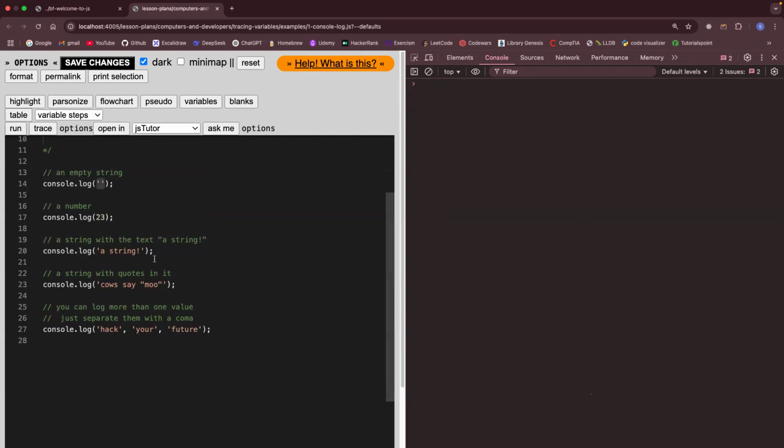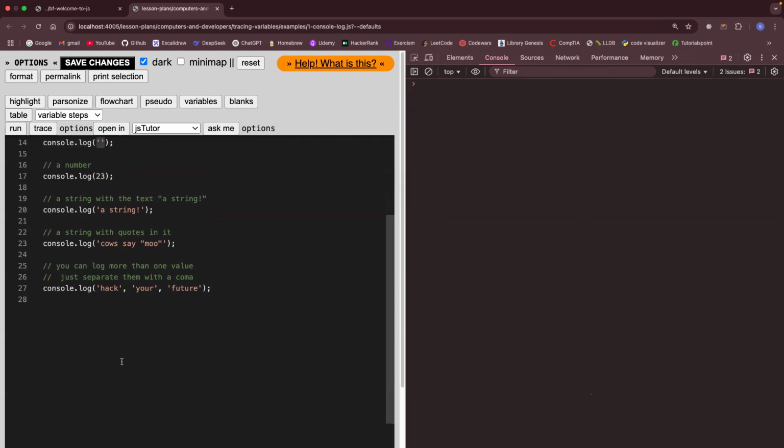You can console.log a number, you can console.log a string, and what's interesting about console.log is that you can pass multiple values. So for example, I can log this string, hack, and if I want to log something else, I can add a comma, so it accepts multiple arguments. If I want to log multiple things, I can. Hack is one string, but I need to separate them with a comma. Comma, your, comma, future. And if I log it again, as you can see, it says hack your future,